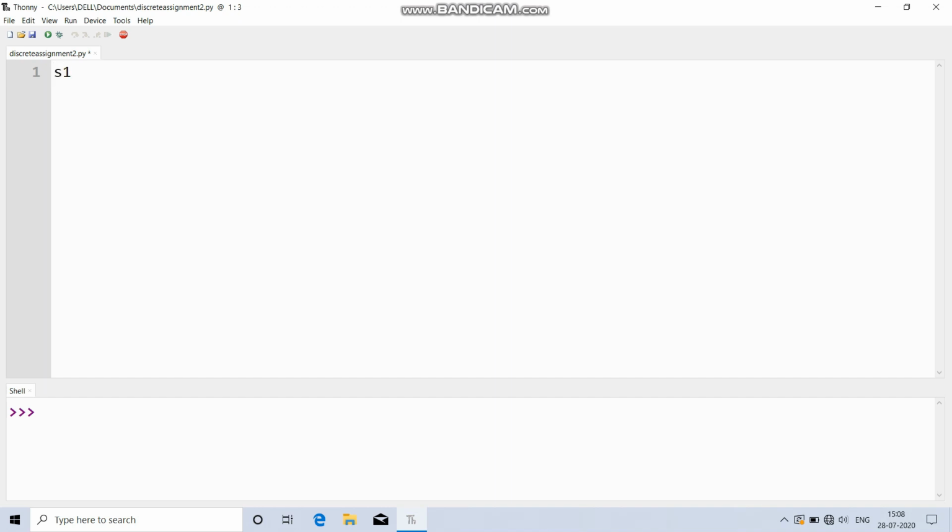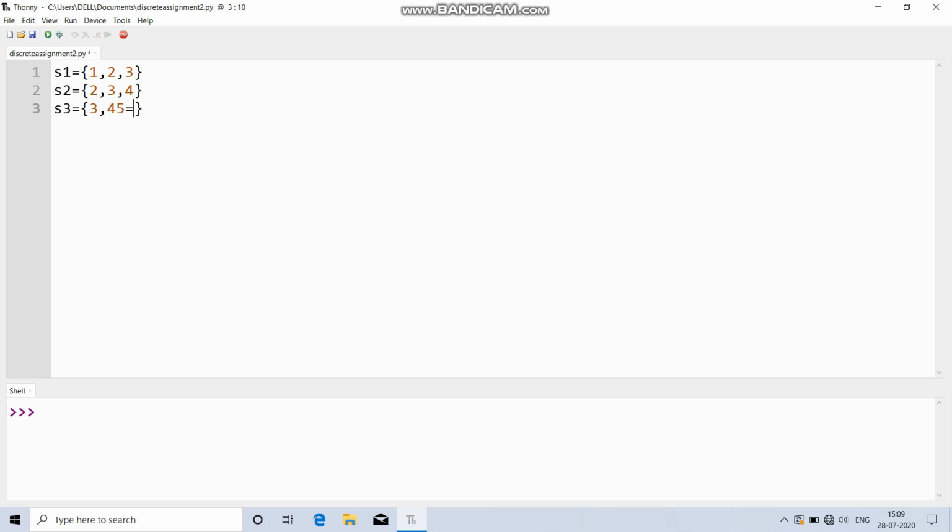Now let us see some more operations that we can perform over sets, like union, intersection and difference. Now we will take three sets here, S1, S2 and S3. So they have some overlapping values and some unique values.